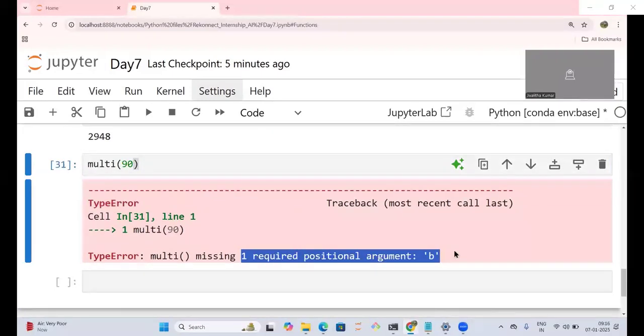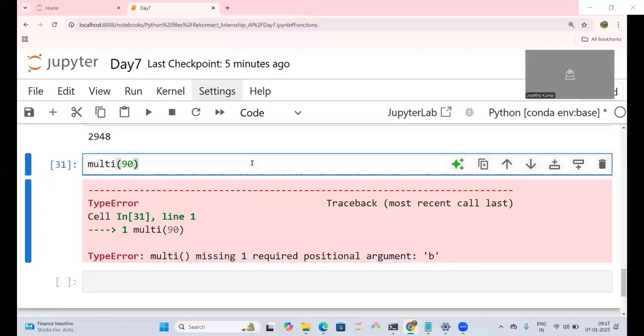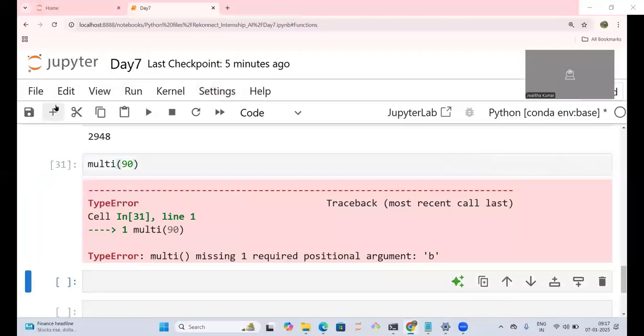Okay, so that is the deal here. While creating a function, if you're using 2 arguments, then when you're calling the function also you should use 2 arguments. Okay, that is the deal here. So next is,